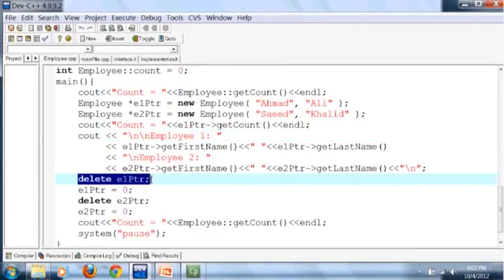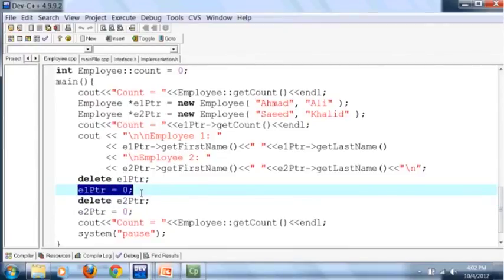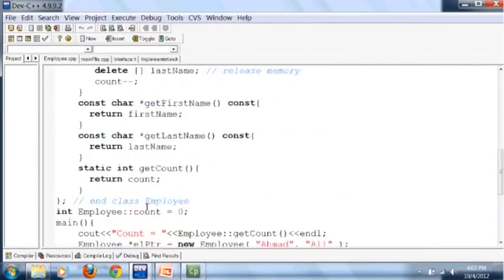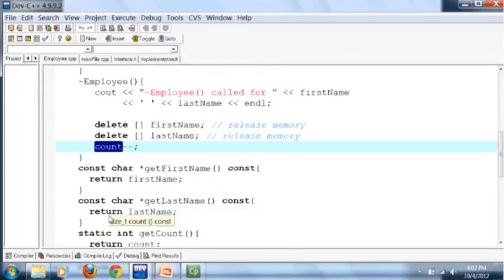Okay, then it is removing the pointer, deleting the pointer, and so this is to make that pointer no longer point to that free store where the dynamic memory is allocated, right? And then when we delete these two pointers, it invokes this destructor, and it will display a message: employee destructor called for first name and last name. Then we delete these two addresses where we have dynamic arrays, and then decrement the value of count. Okay, let's compile it